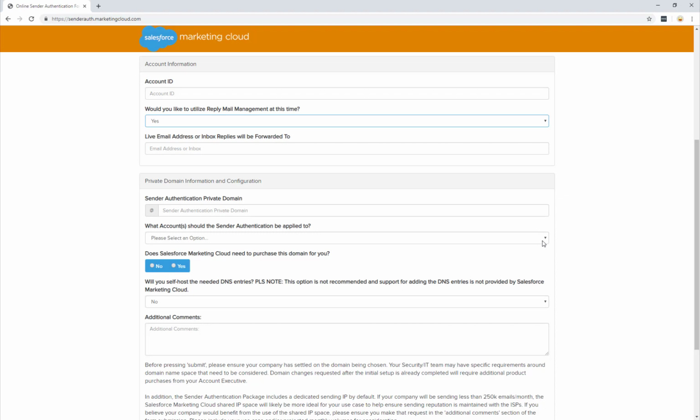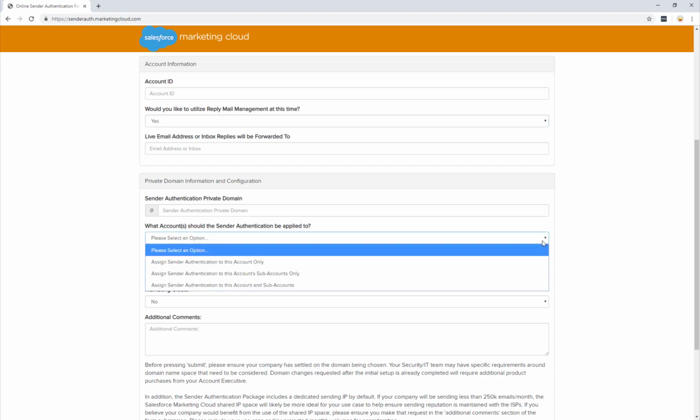In this section, what account should the sender authentication be applied to, you'll have a drop-down with 3 options. Option 1. Assign sender authentication to this account only. This means that our setup team will only apply the SAP to the account ID mentioned in this form. Option 2. Assign the sender authentication to the account sub-account only. This means that our SAP team will only apply the SAP to all child MID/account IDs under the account ID